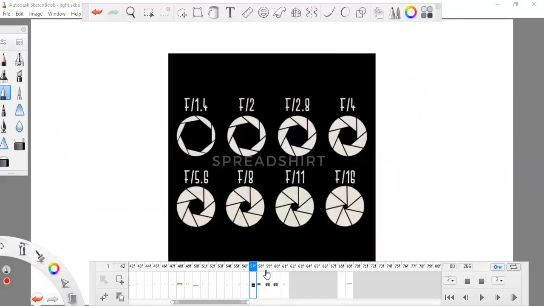Now I want to tell you about this thing. This is also known as aperture. Aperture means hole. You can see this is the hole, the black part, which is very tiny. The aperture determines how much light will enter through this hole. It is also known as the diameter.